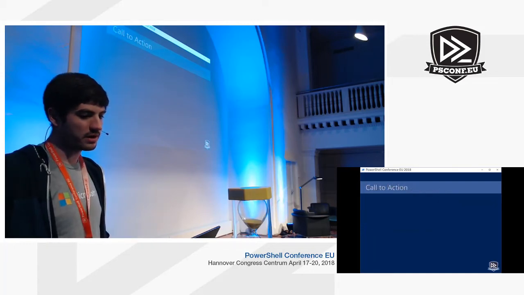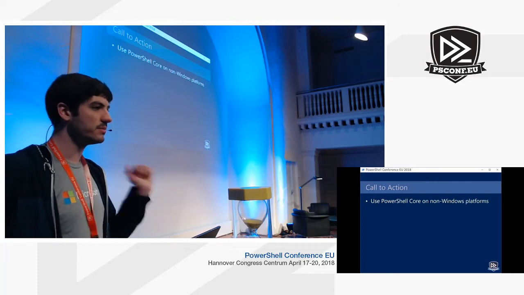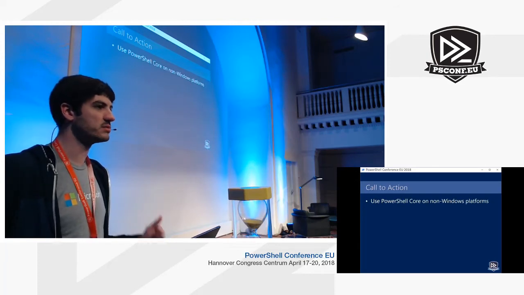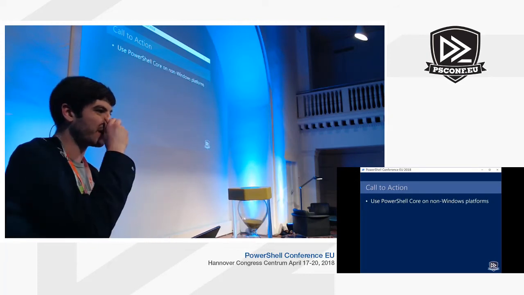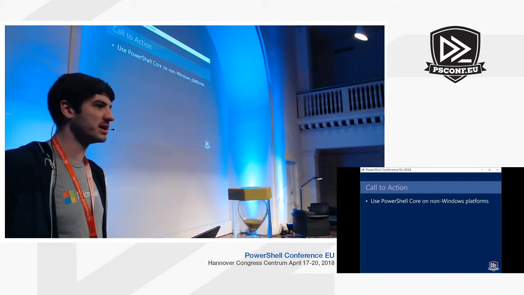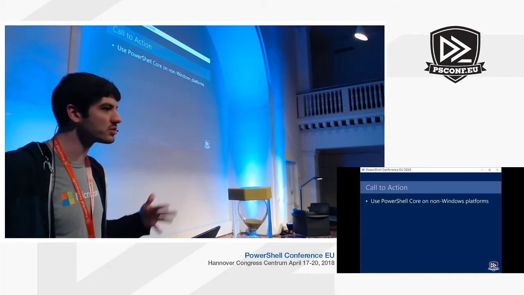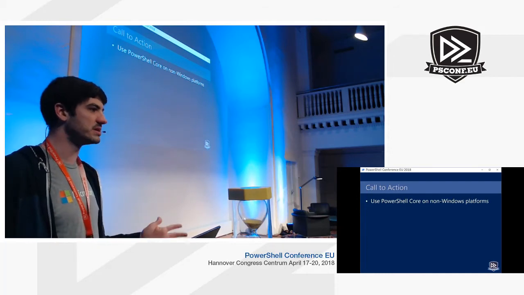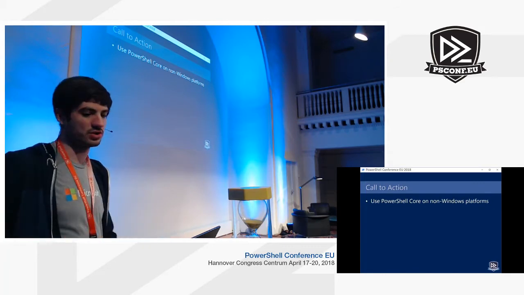So, very briefly, a call to action for you guys. Please use PowerShell Core on non-Windows platforms. Tell us what works, what doesn't. If you've got a MacBook at home, not your work machine or whatever, just throw PowerShell Core on there. Try some of your little helper scripts. Tell us if they work, if they don't. File issues,